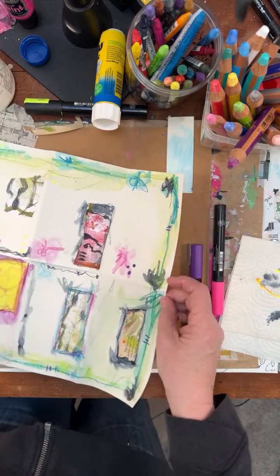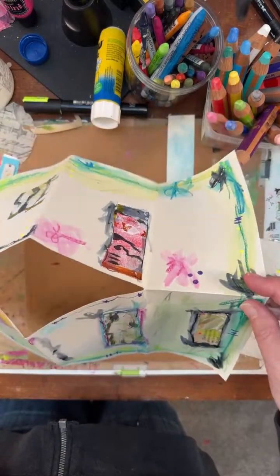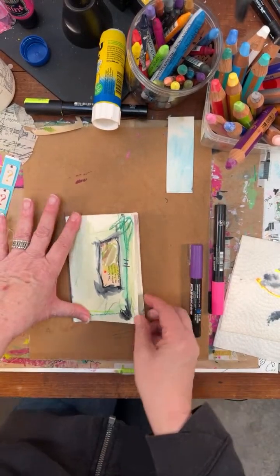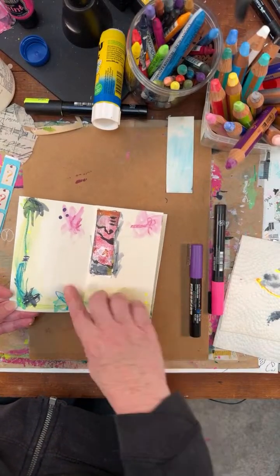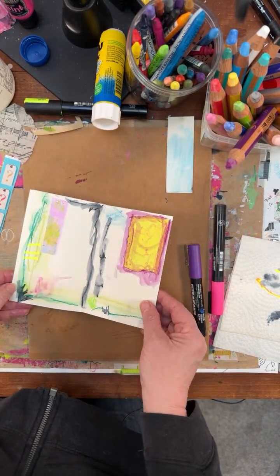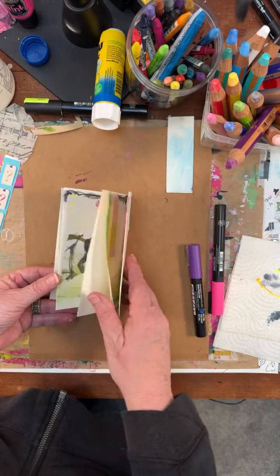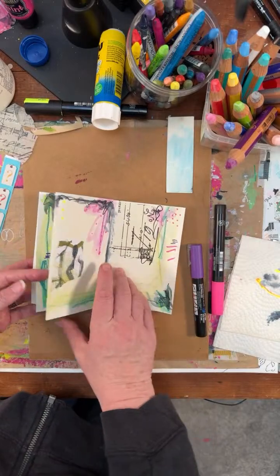Okay, I'm going to fold this up to show you now. So this is our page. And so now when this dries, I'll fold this. So this would be my front page. This would be my next page. 1, 2, 3, 4, 5, 6, 7. This is the 8th one. Okay, so that's a quick page, that zine that I made,